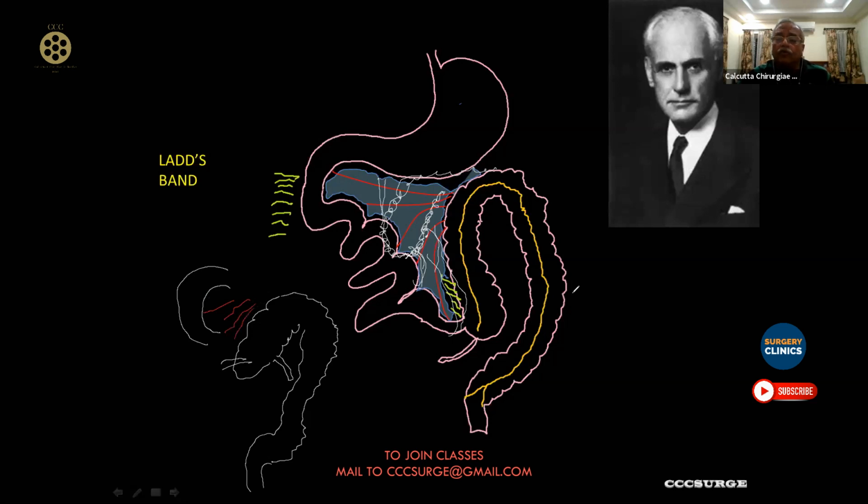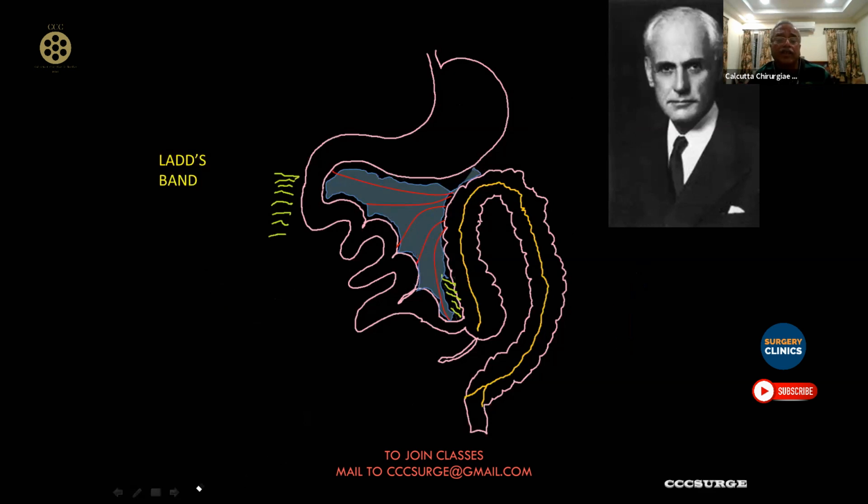So any mesentery has two layers, isn't it? That's the blood vessel, and you have two layers. You have a layer in front, and a layer behind. So what you essentially do in this Ladd's operation is you divide that layer. That is what I'm trying to show here, okay? So you divide that layer, and you can actually get a fair bit of distance between the